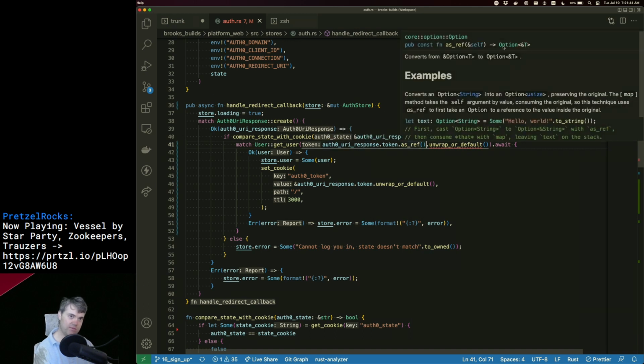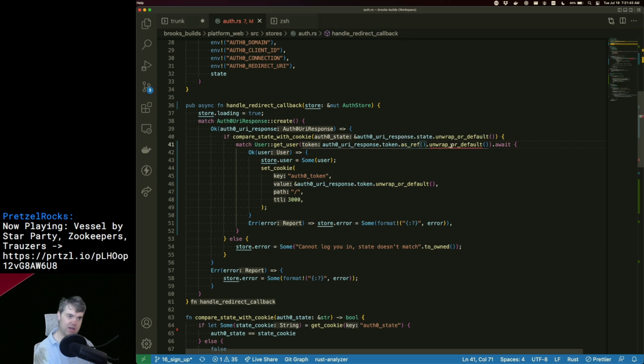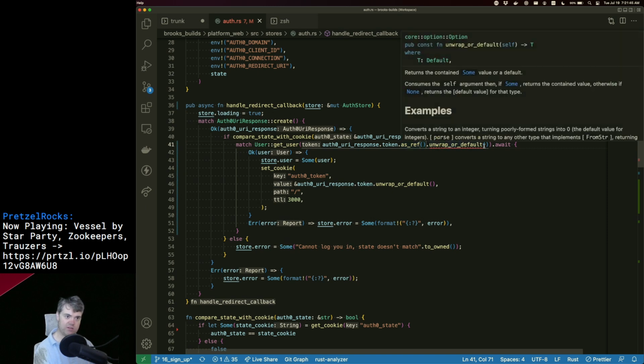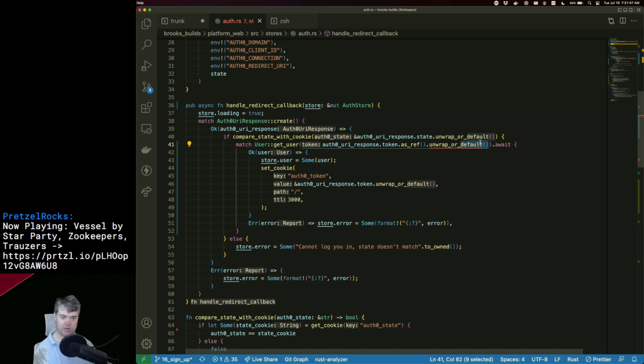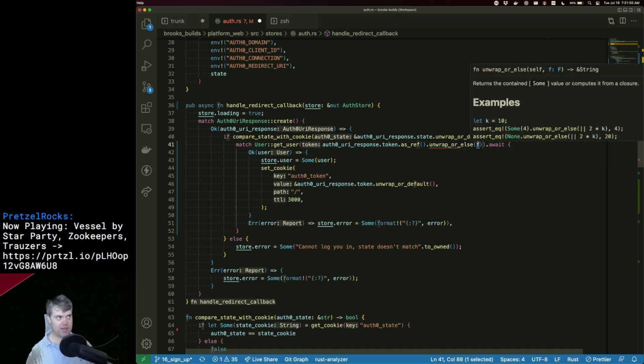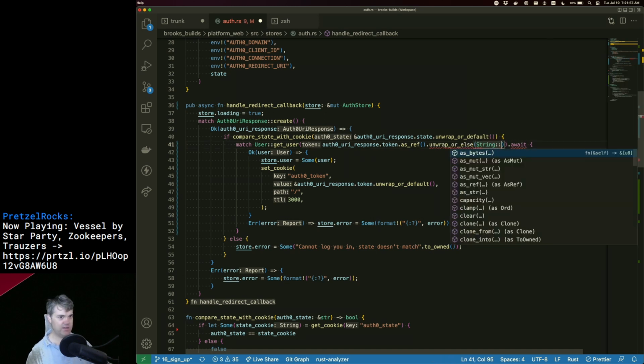This unwrap option T, unwrap or default. I can do unwrap or else, and this will be a string new.